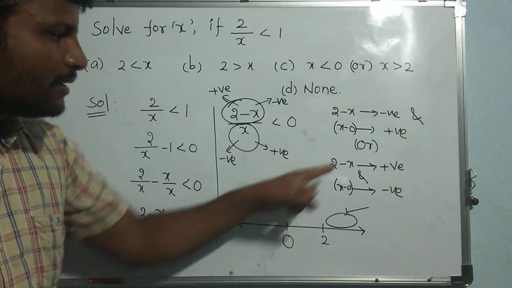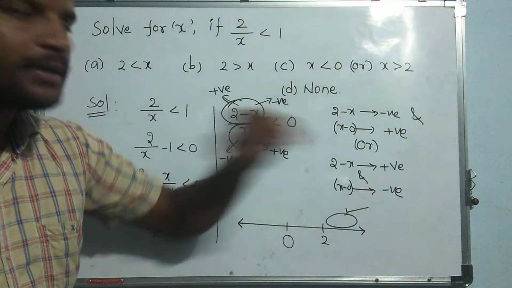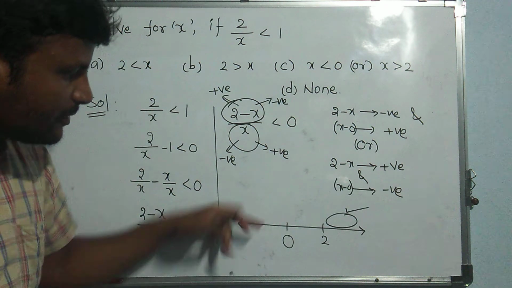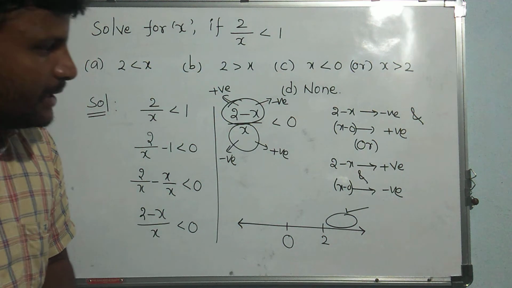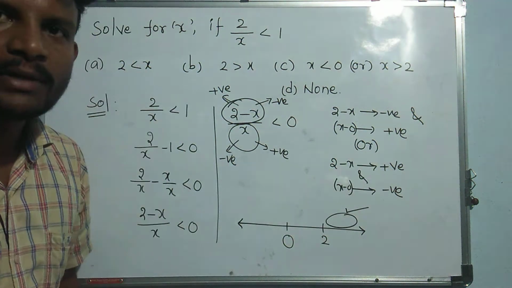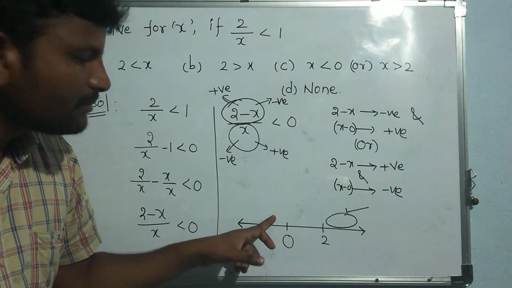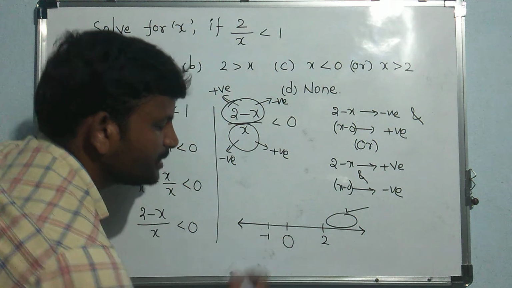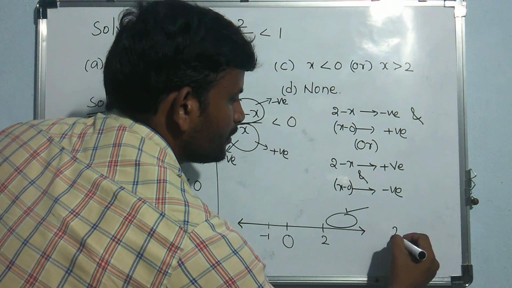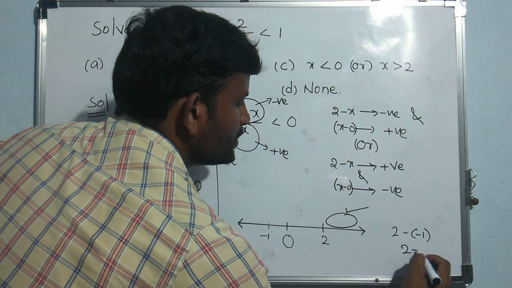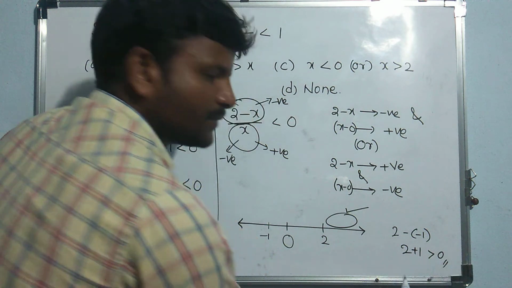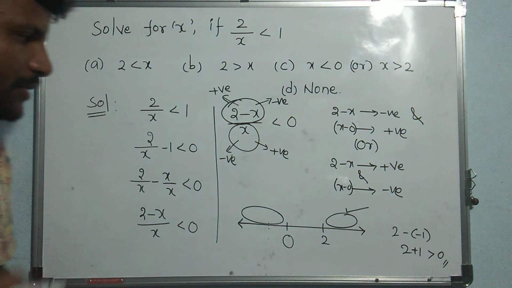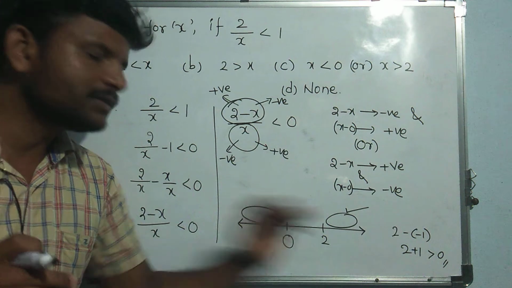Completed. Or the second one, 2 minus x must become positive, where is it? And x must be negative. x must be negative means this side. Okay? And next is 2 minus x must be positive. 2 minus of a negative number. If you consider any number, let us say suppose minus 1, what will this be? This will be 2 minus of minus 1. It is 2 plus 1. It is positive only, na? It is positive. So I can select this region here. Got it? So your answer is either this region or this region.